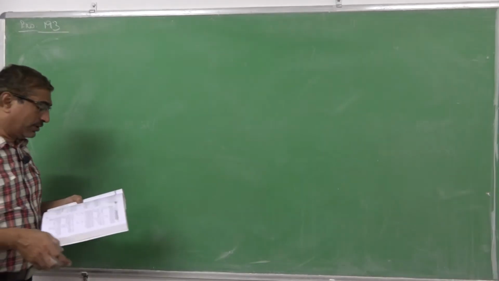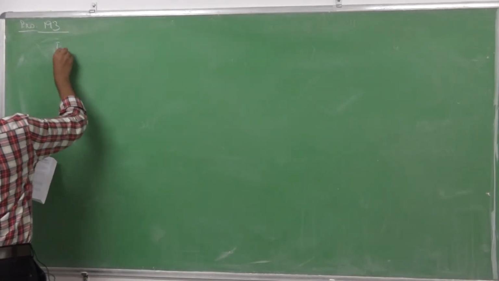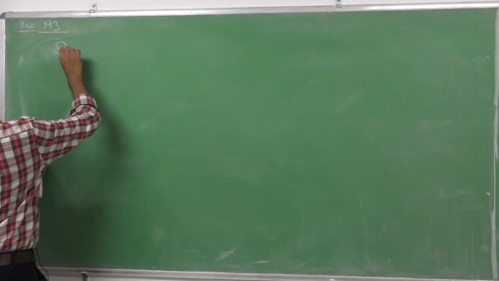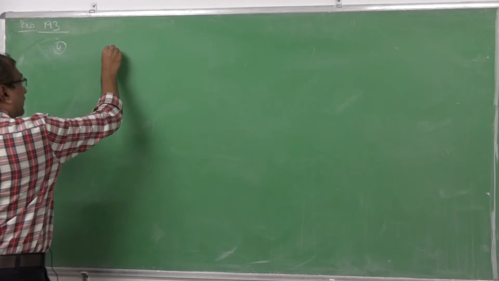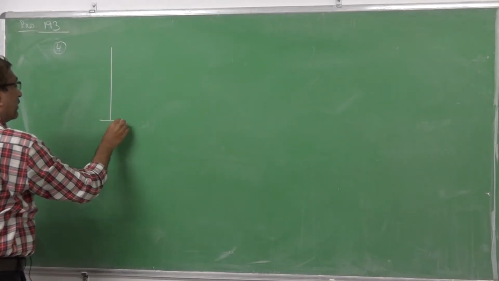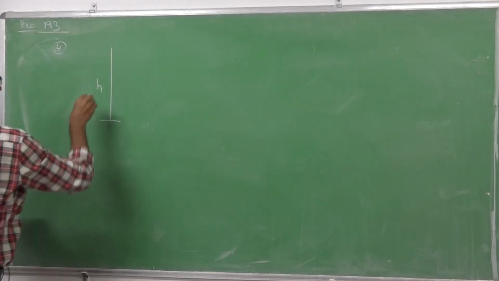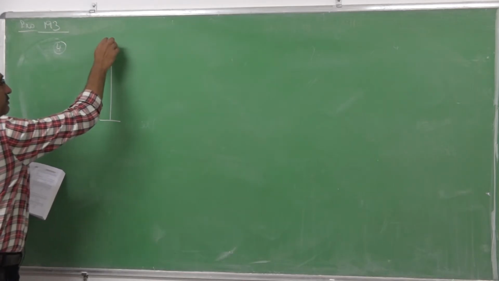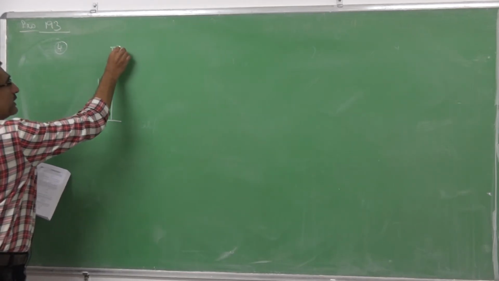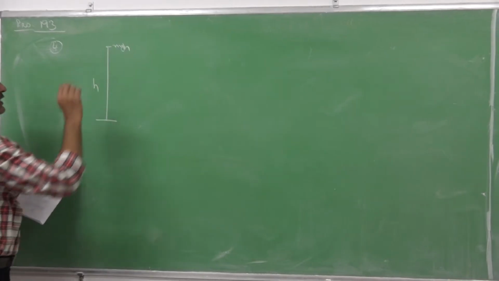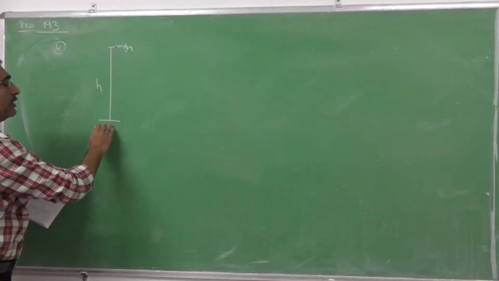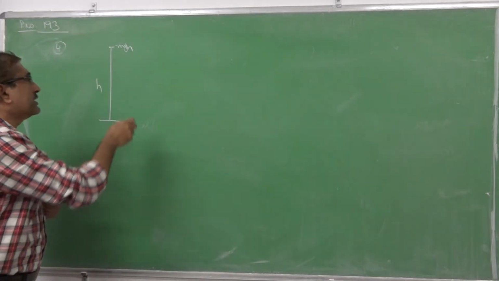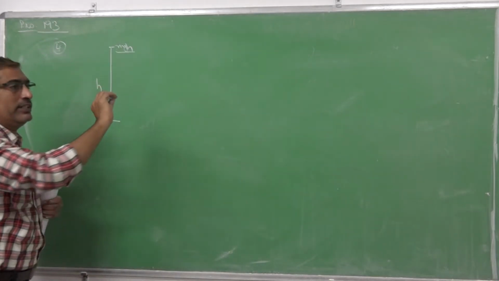So, the solution, fourth one. The block of ice falls from a certain height h. So that means at the highest position, at the point of dropping, it has potential energy mgh. On reaching the ground, this ice block completely melts, which means its potential energy is converted into thermal energy.